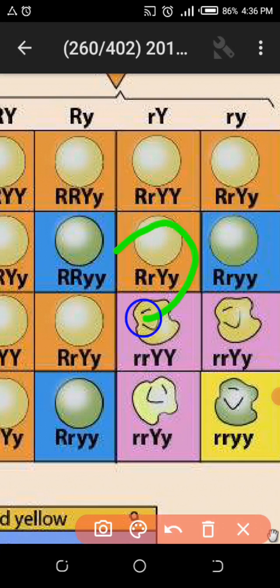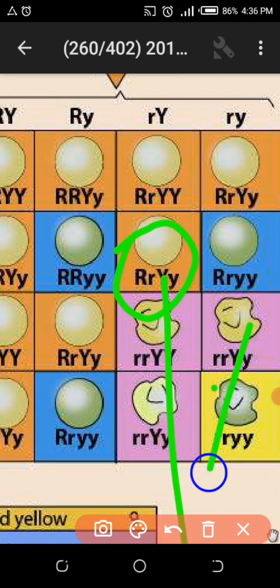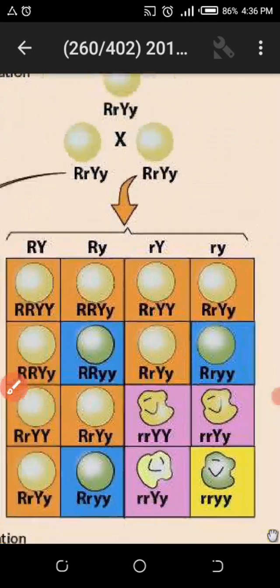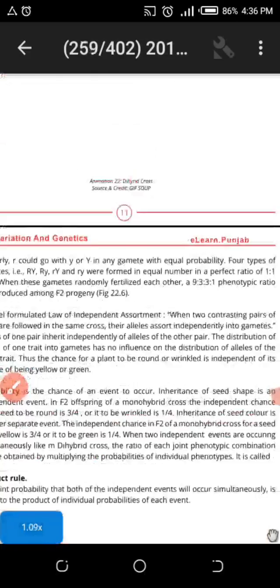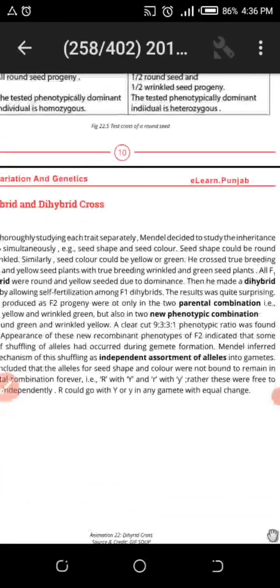Here, this one: capital R, capital Y, small y, round yellow, parental generation, of course. Small r, capital Y, small y, wrinkled yellow, no non-parental character, it is clear. Capital R, small y, round green, no non-parental character. So in this way the genes are expressed and mutation takes place. By crossing over also